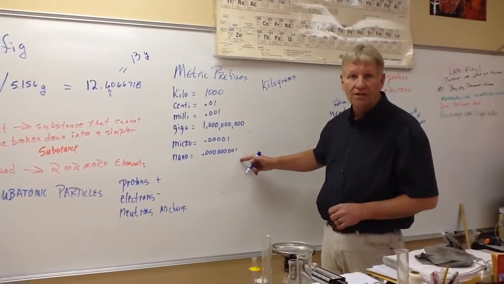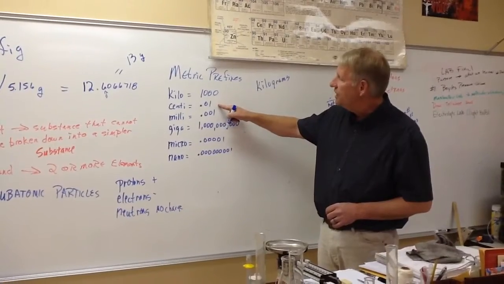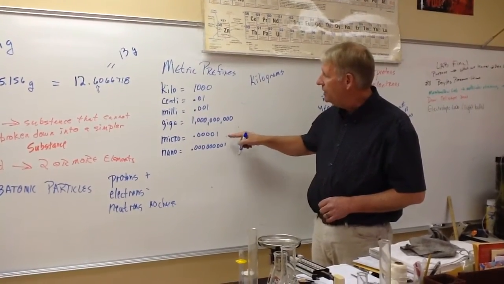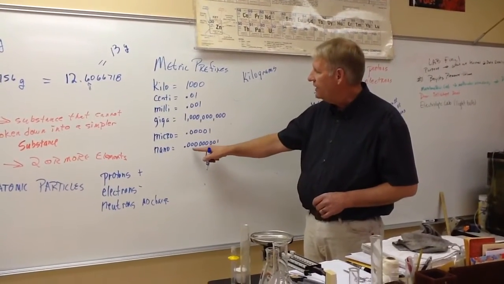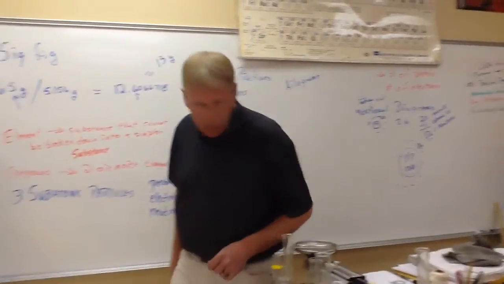You'll need to know those for your next test, as well as application for this class. Kilo 1,000, centa 0.01, milli 0.001, giga 1,000,000,000, micro 0.0001, 100,000, and then nano is 1/100000th. All right, so let's go over. I told you we would talk about